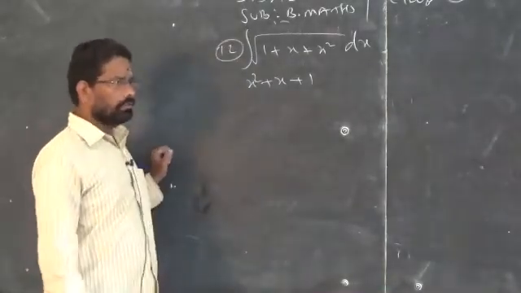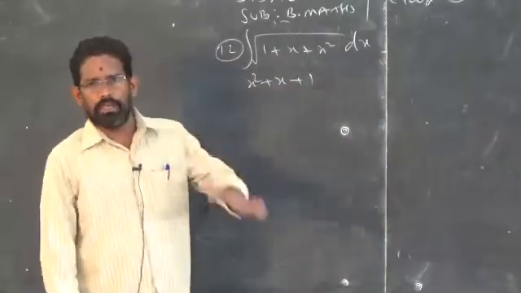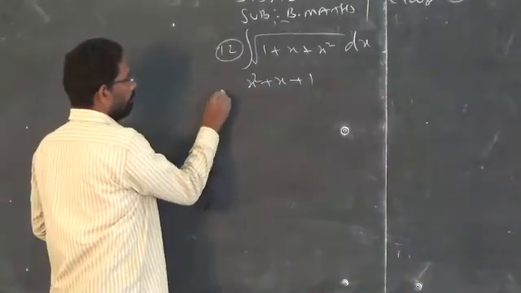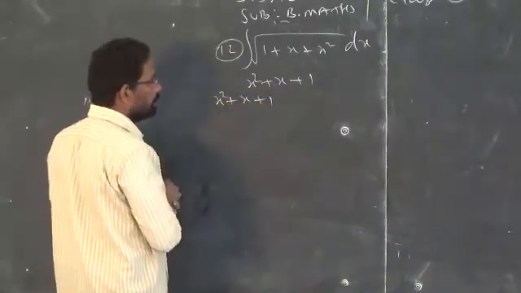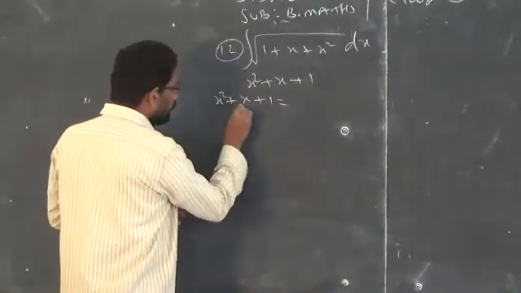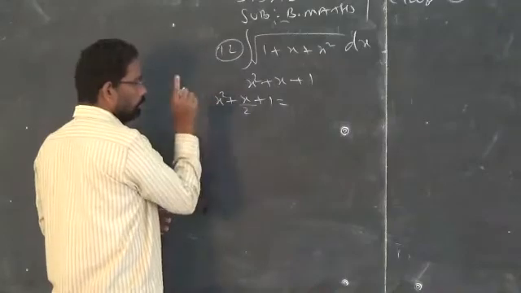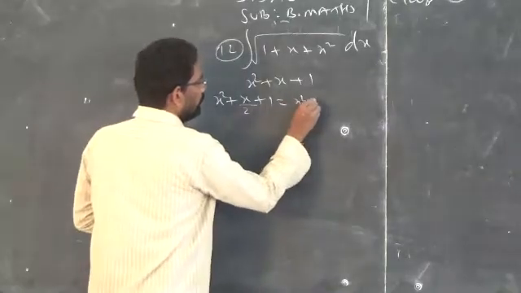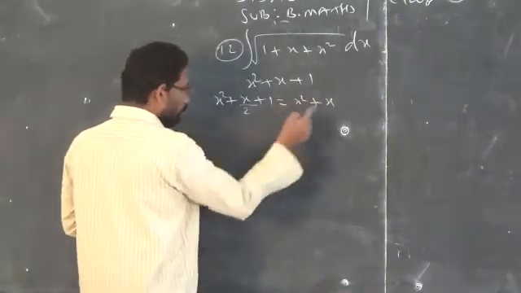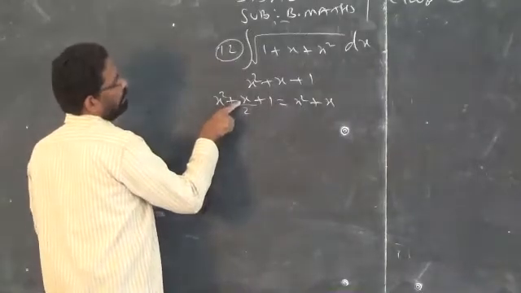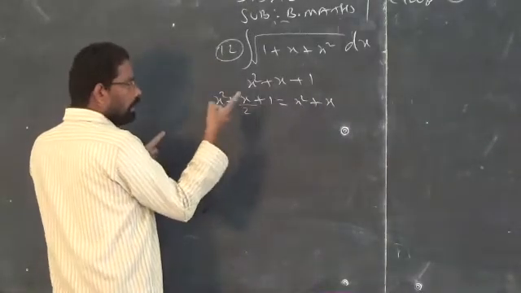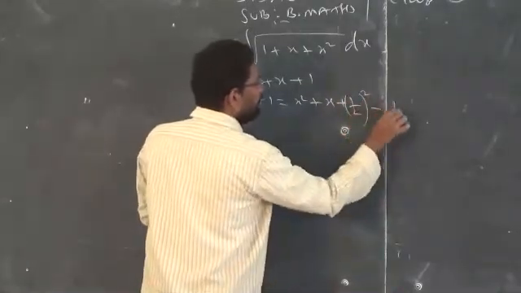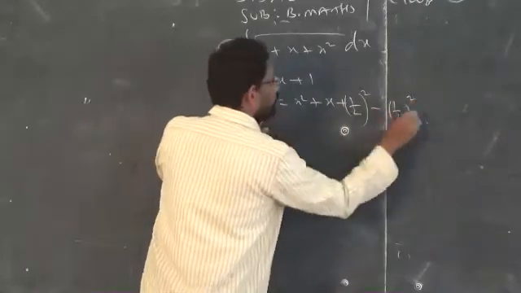That is very, very important. You must know what is meant by the completing the square method that you studied in 10th standard. So for x square plus x plus 1, what is meant by completing the square method? You always divide the coefficient of x by 2. Whatever the number, you divide the coefficient of x by 2. What is the coefficient of x here? 1. Is it possible to divide 1 by 2? Not possible, so the quotient will be 1 by 2. Square the quotient, add and subtract. Already what is there? Plus 1.